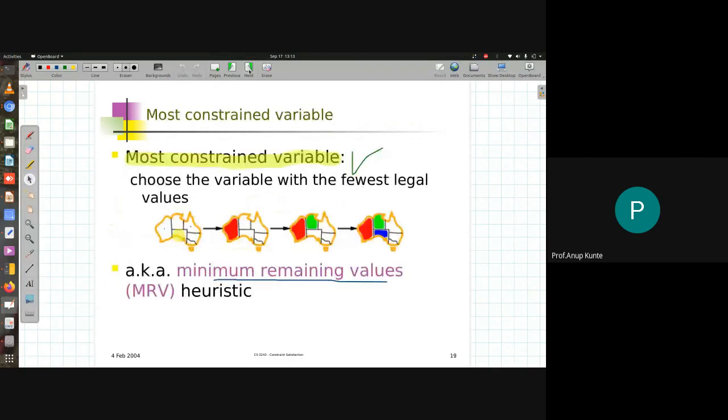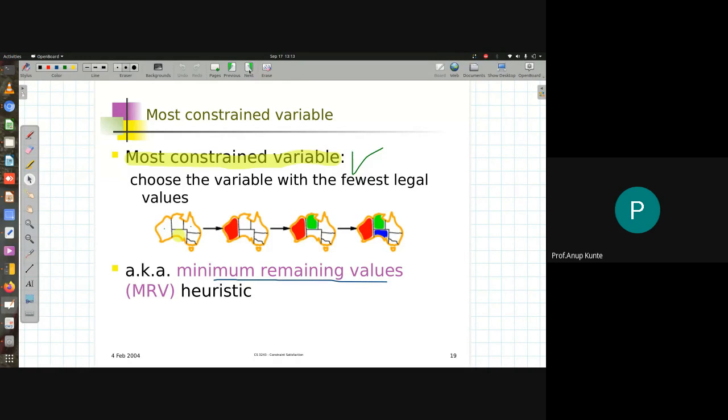Now, the first option is to decide the sequence in which you select a particular variable from the unassigned variable list. There are various heuristics, and understand that the word heuristic used here is not in consonance with the heuristic function that we used in informed search.